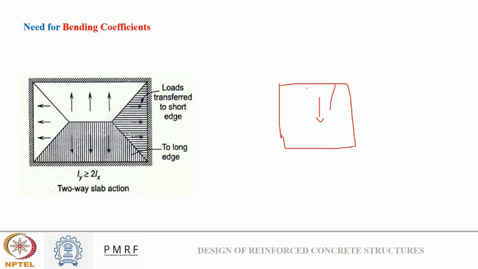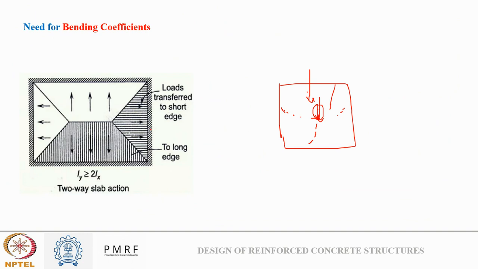So see, if this is my slab and on the top the load is acting, my bending can happen in both x direction and y direction. So if I pick this point and consider a point load here, this point load will cause deflection in x or y. That we need to define clearly, because all the load won't cause deflection in both the directions. That will make the design uneconomical. Okay, so for that we need to talk about